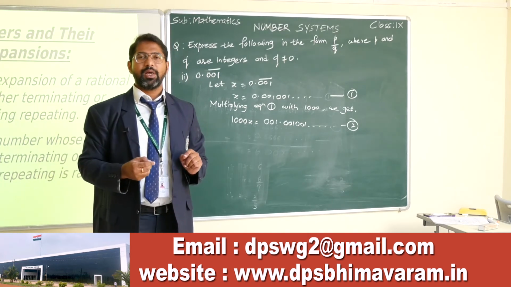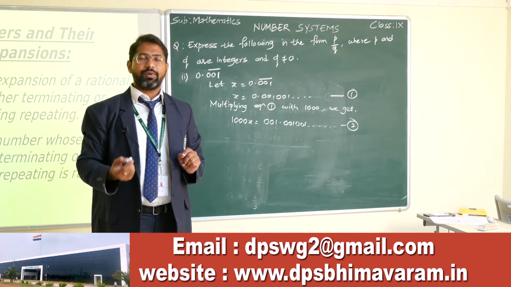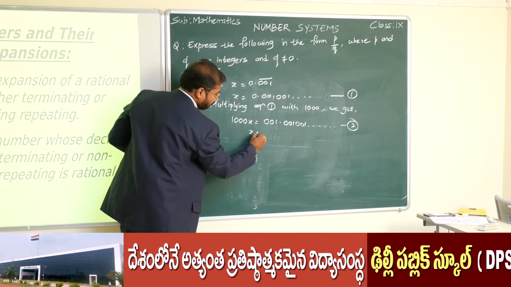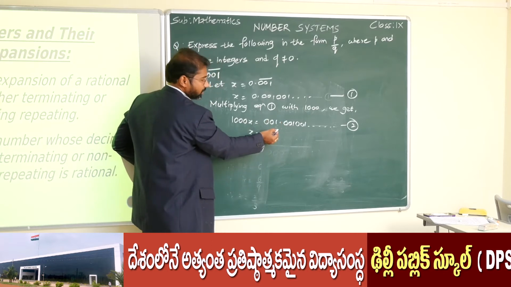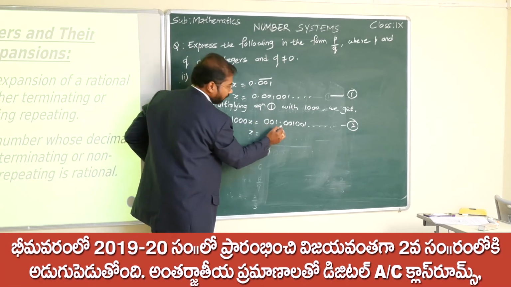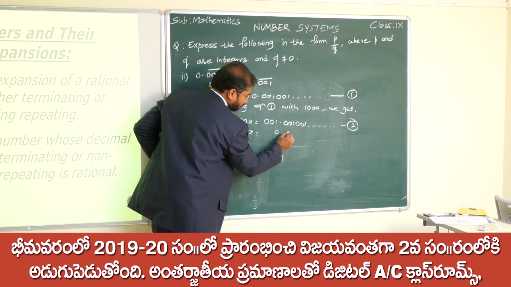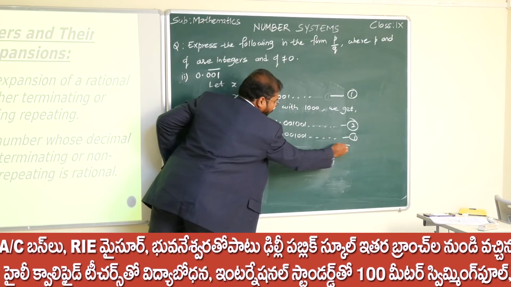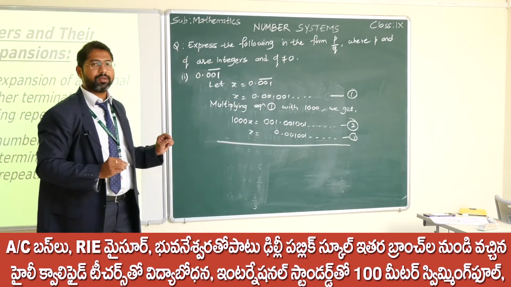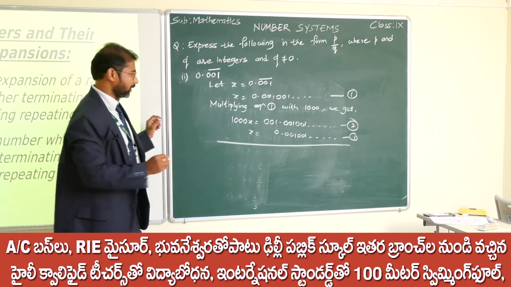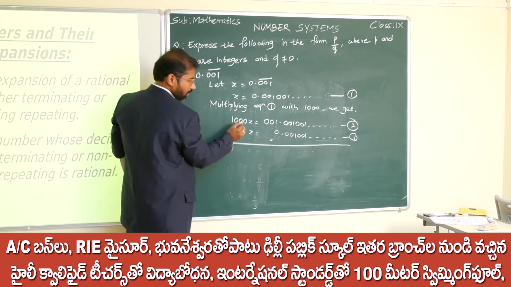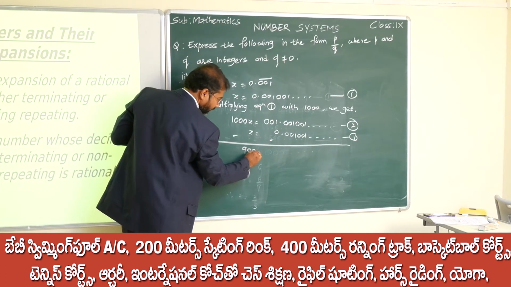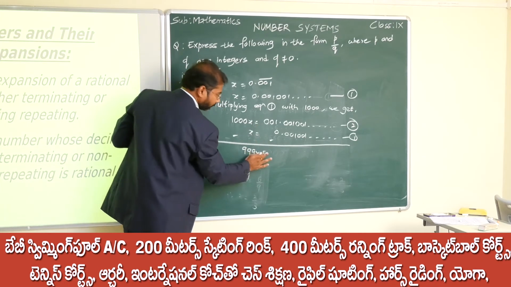Next step is subtracting equation 1 from equation 2. Now I will write equation 1 here. When you write decimal, just take care of the decimal places. So 0.001001... This is your equation 1. Now we will subtract them, left sides and right sides separately. 1000x minus x becomes 999x, which is equal to